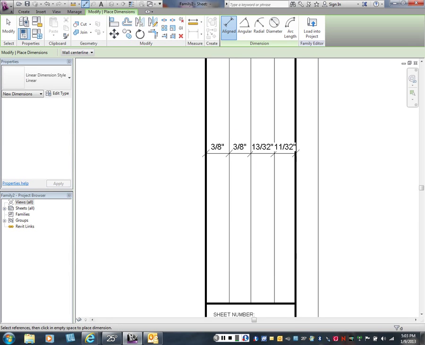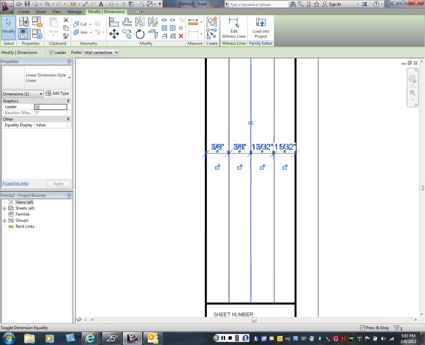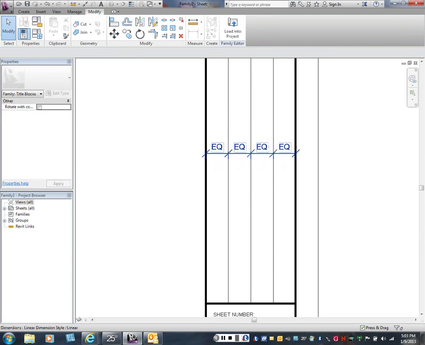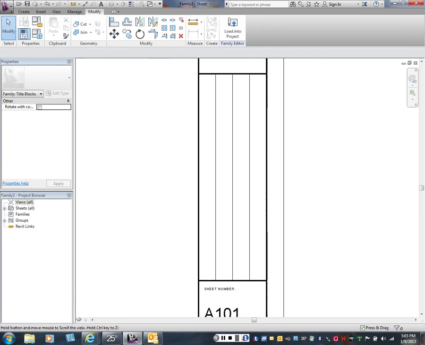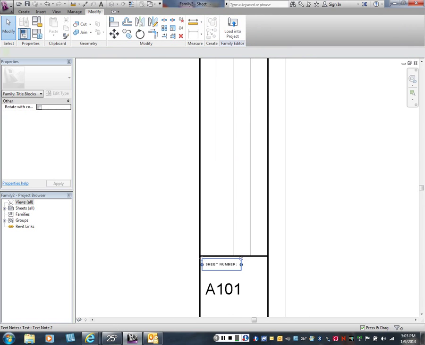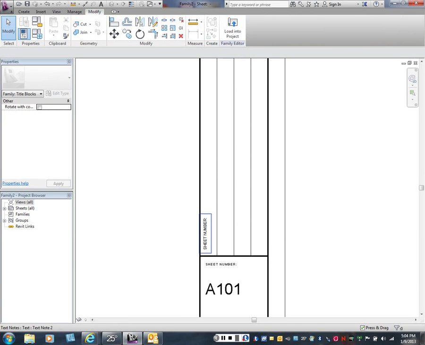The nice thing about this dimensioning process, though, is that I can click on those and I can make them equal. Now they're equal. Now I can get rid of the dimensions, and I know that they're all spaced equal. I'm going to just take and copy this, for example. I'm going to copy this up here. I'm going to rotate it 90 degrees, and then I'm going to move it up into this spot here, and I'm going to